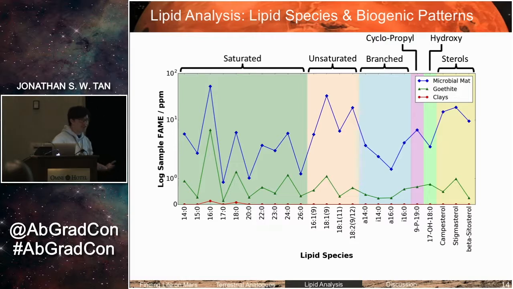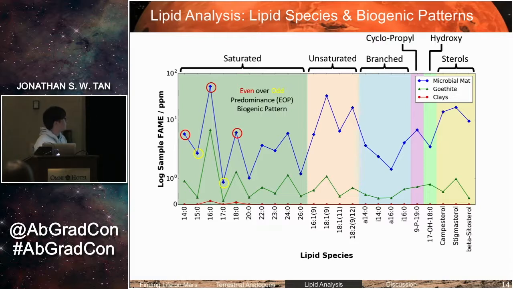Now, for geologists, that seems really weird because clays are generally more associated with the preservation of organic molecules than, for example, an iron oxide. As you can see, the clays only possess C16 and C18 saturated fatty acids. So I'll talk about that later, but another thing I would like to point out to you is what we